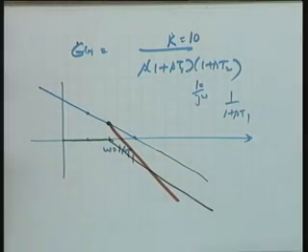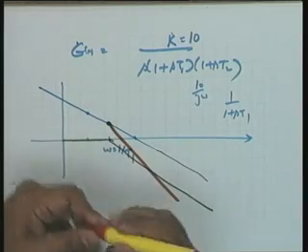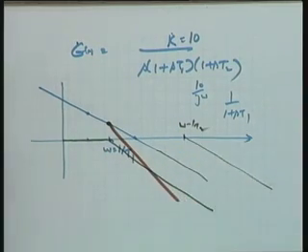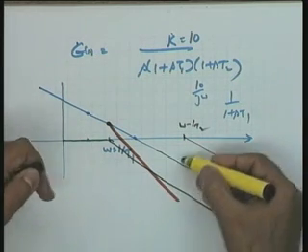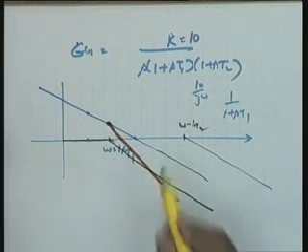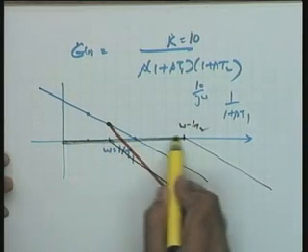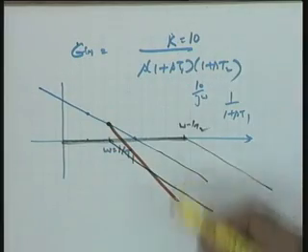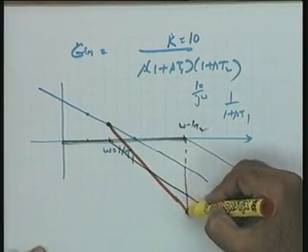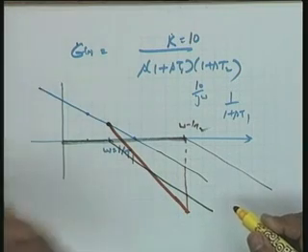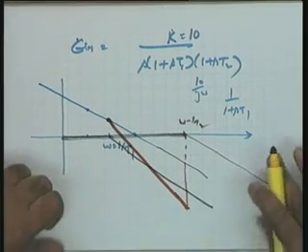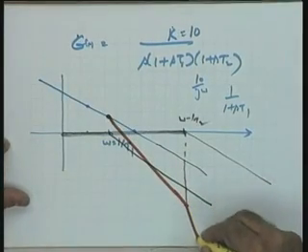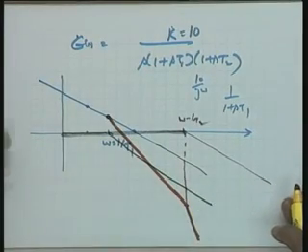Same argument is valid for the third case. Let us say omega is equal to 1 by T2 is lying here. Omega is equal to 1 by T2, and this is the minus 20 dBs per decade plot. Now, if you add up these three, you see, after all, up to this point, it does not add up anything. It is a 0 dB line as far as the asymptotic plot is concerned. So, what I have to do is take this particular point on this line and add up the slope by another minus 20 dBs per decade. So, it becomes minus 60 dBs per decade, and this becomes my line, and hence this becomes the total magnitude plot for this particular system, asymptotic.